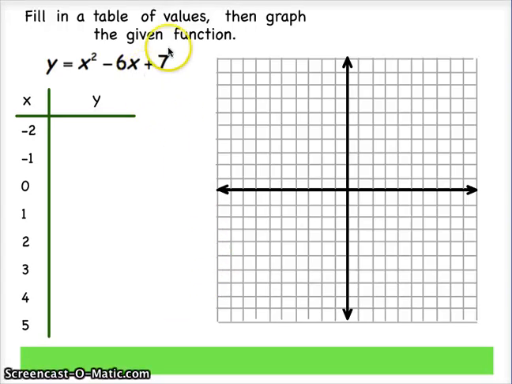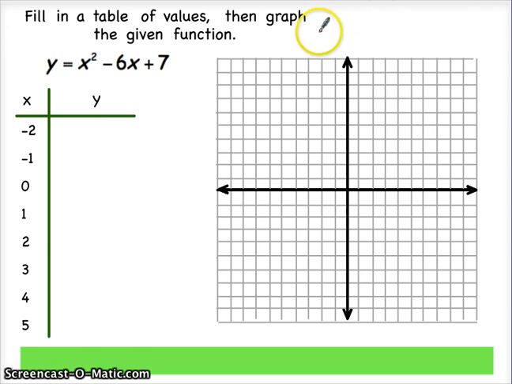As you can see on the screen, we've got a quadratic equation. And one of the first things we want to be able to do with quadratic equations is actually graph them. We'll spend a lot of time also discussing things like how to find zeros or how to find the vertex. But the biggest thing is we need to understand the basic shape of a quadratic equation and understand that it's